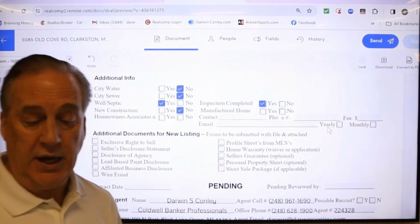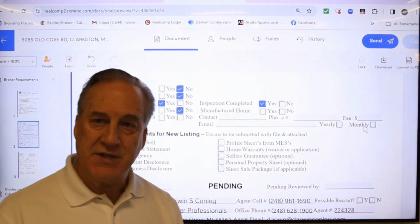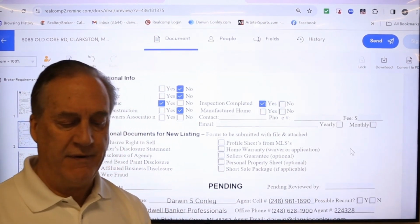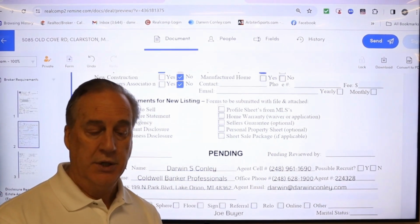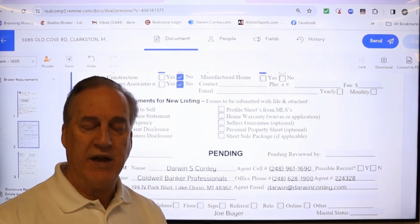And is it done annually or is it monthly? So guys, again, if it's on here, get the information. All parties to the transaction can use this information to be able to find it quickly. Now, this then becomes your checklist. It is the checklist for the forms that you need to submit to make sure that we have a complete